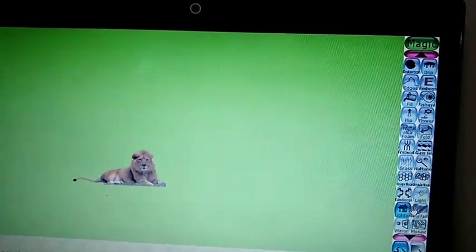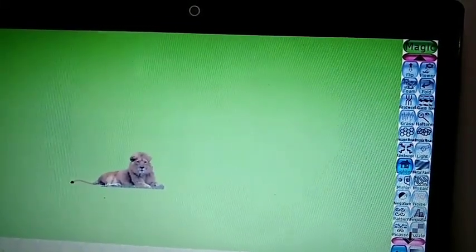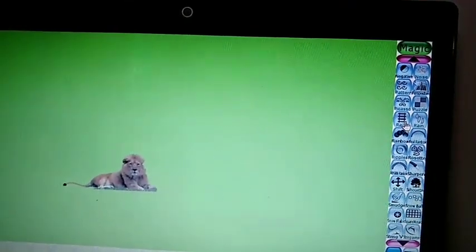Go to magic tool. Any net is there, you can use net also in this. So many effects are there. Any effect you can use from here.